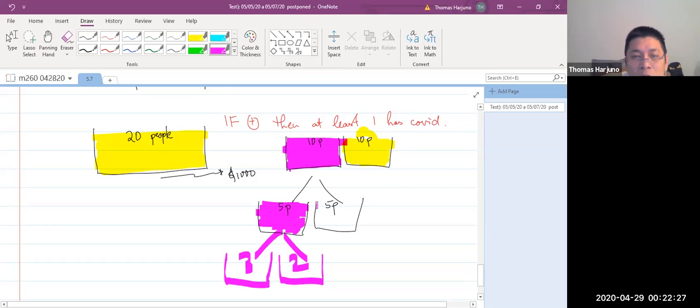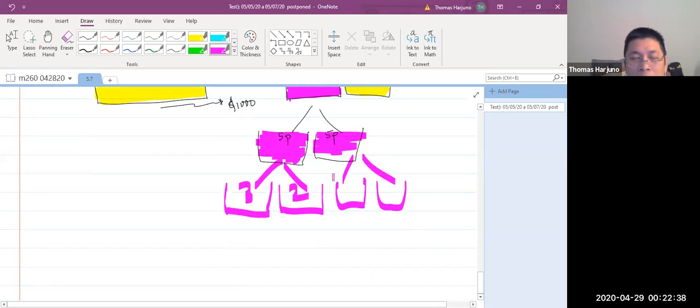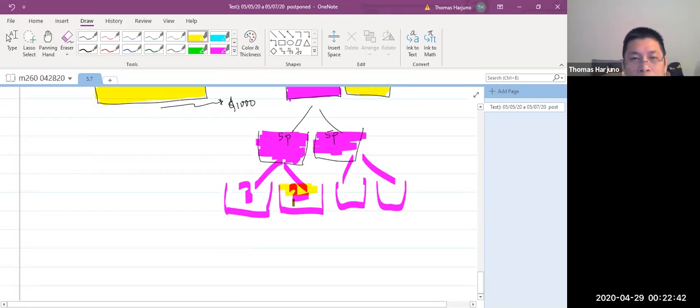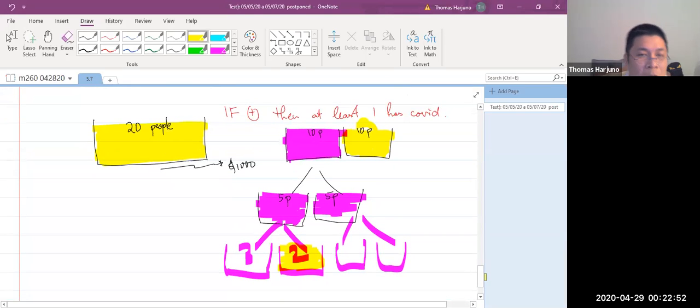Of course, they still need to test this one though. It is possible you have some people positive here and some people there, right? But they keep on breaking it up, let's say 3 and 2. And then, of course, some of them expect it to be clean. If some of them are clean, you can use this one test to release 2 people at once, right? But notice that using this technique and relying on the sensitivity of the test,